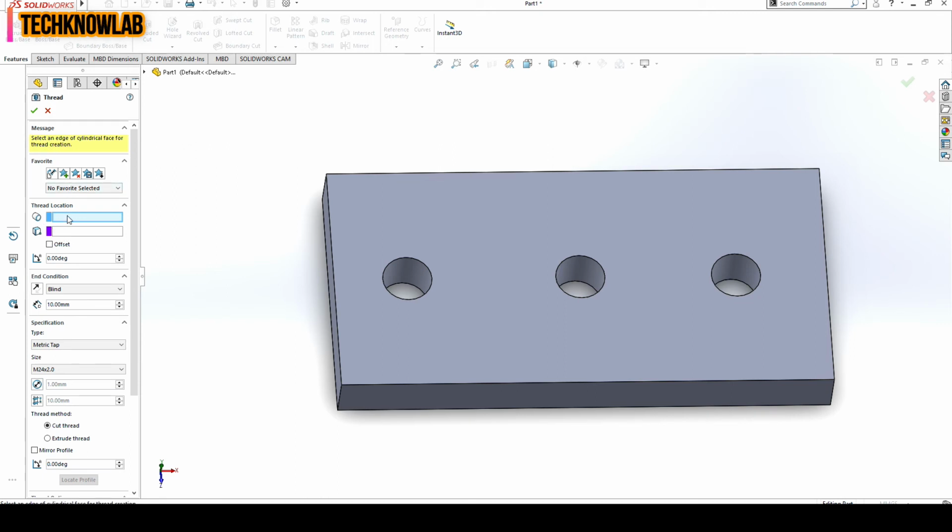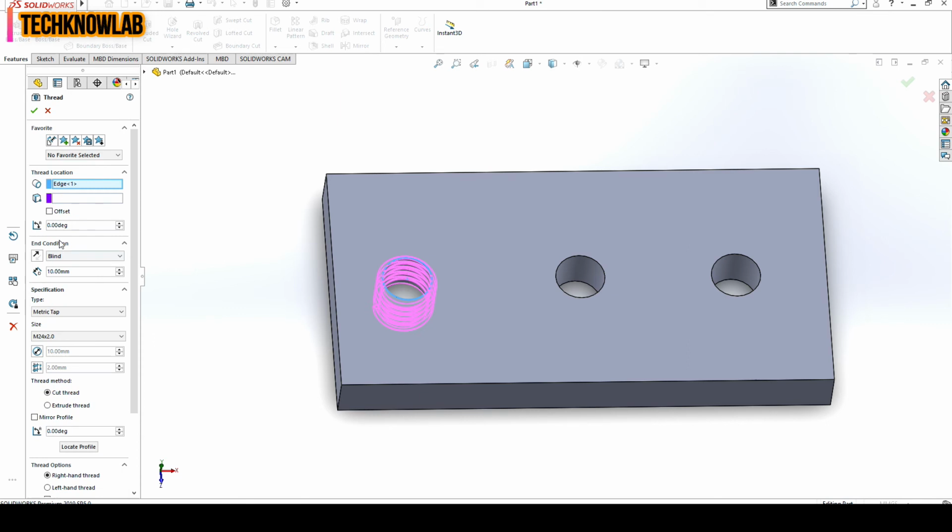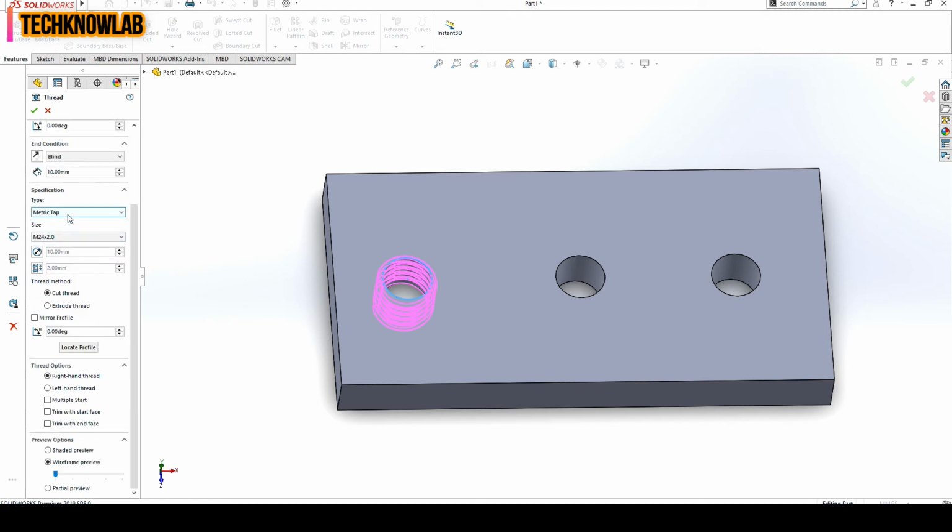Here we will have to choose the cylindrical profile like this. Offset and all these are the things which we will choose. Here is the end condition, blind: up to what distance you want to make threads, you will choose from this option. Specification: metric tap or metric die, inch tap, these are the specific types of threading.